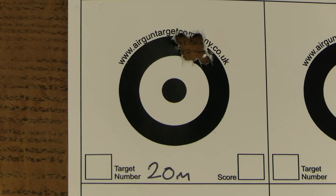So running through the RM8, the Baracuda 15s produced a muzzle energy of around 11.36 foot-pounds with a variation of 8 feet per second over a string of 10 shots. At 20 meters, they produced a 5 shot group measuring just 9 millimeters from center to center and striking 13